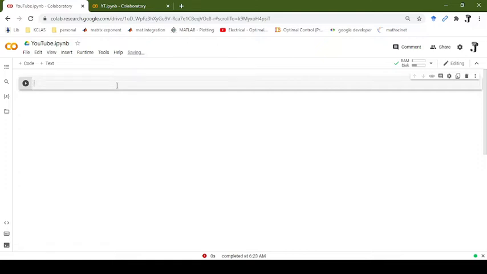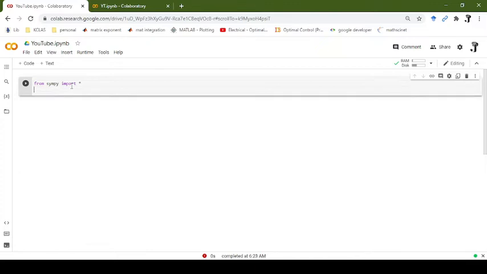So before using this function, we want to import the star function. So from SymPy import star. And in this limit concept, I am going to use the symbols x, y, n, etc. So I declare the symbol x is equal to symbol x,